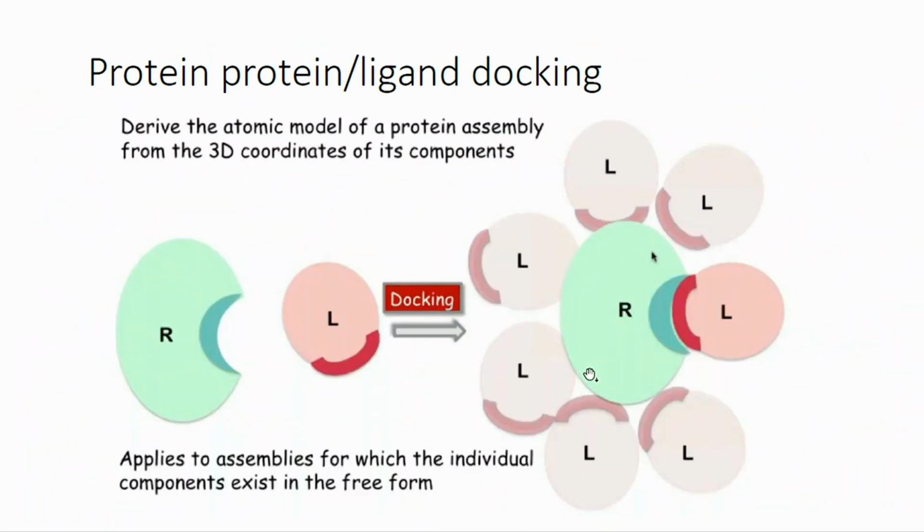So to precisely define the docking problem: given the two separate proteins in their free form, we try to assemble the proteins in a way that best resembles their stable binding form. And the task is to derive the 3D atomic model of the final coordinates, to basically guess where the atoms are in this combined or bound form, given the initial free form of the two proteins.